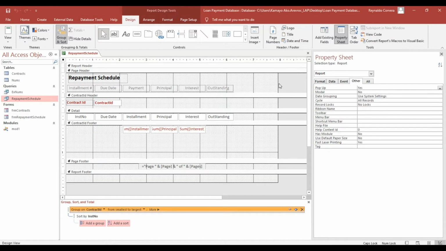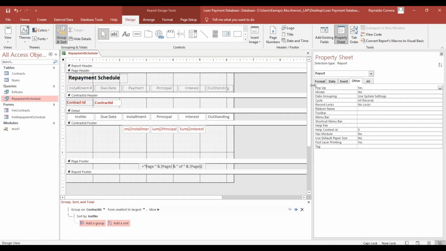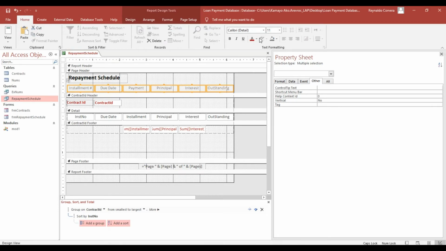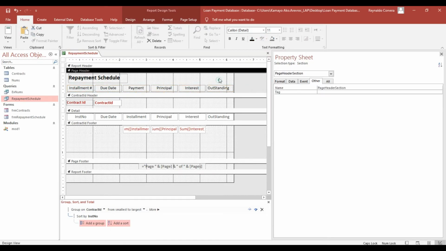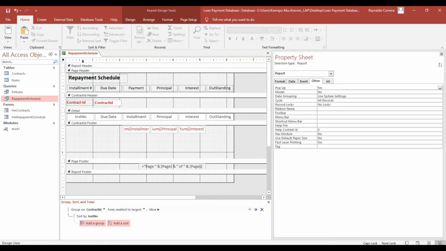Okay, so you can adjust design, you can add your company logo to make good and presentable looking. So this is the only guide on how to create for this kind of a